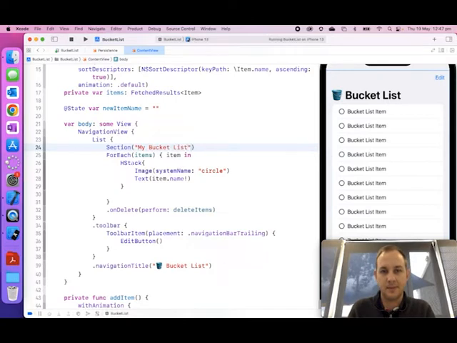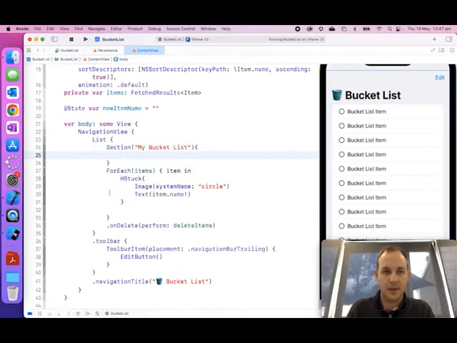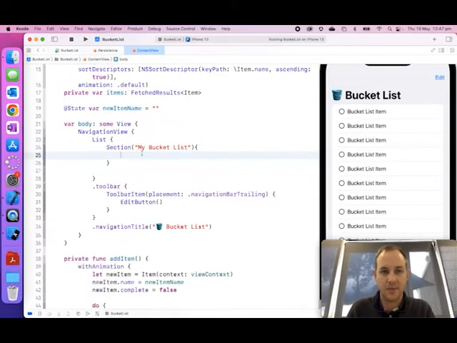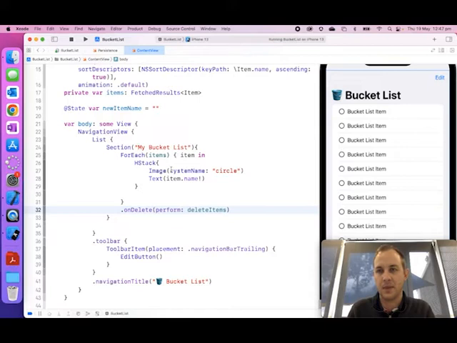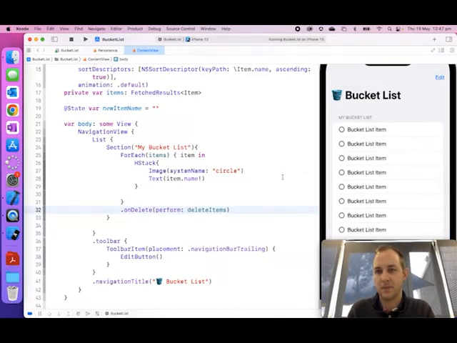This is going to be called my bucket list. And I'm going to move my for each, including the on delete. That's really important. I'm going to cut and paste that into my section. So now it'll kind of sit in a subsection. There it goes. And the reason I want to do that is because now I can say for each of